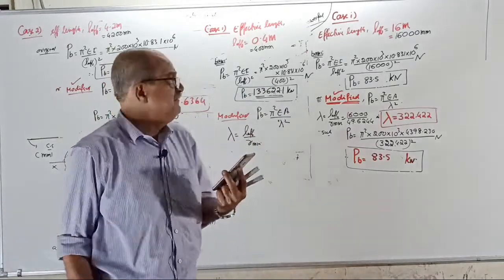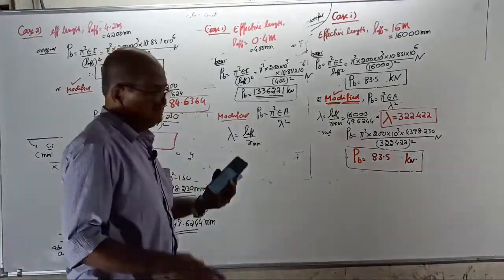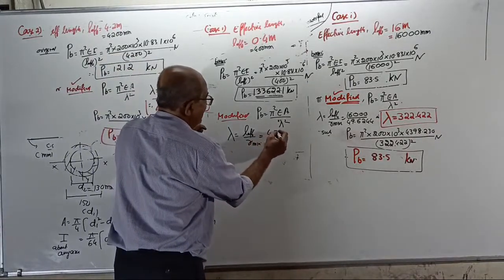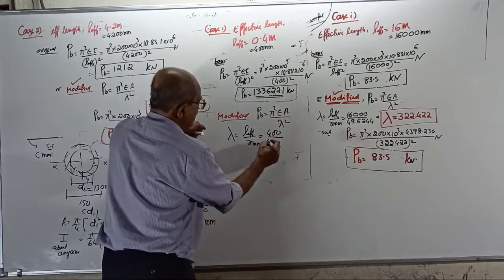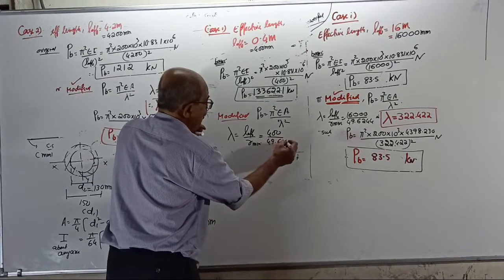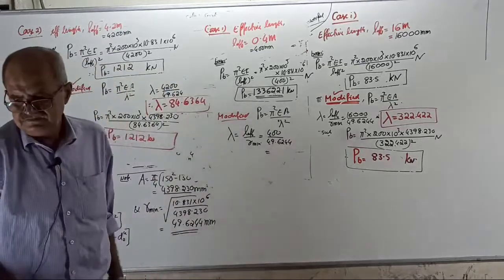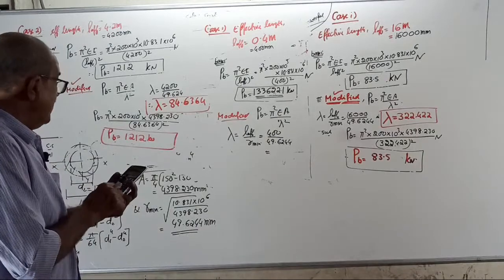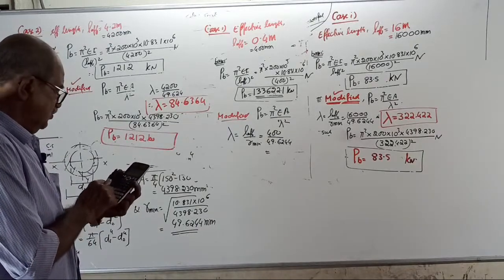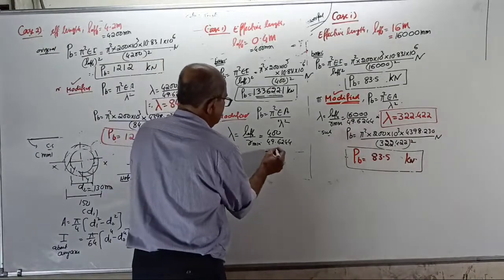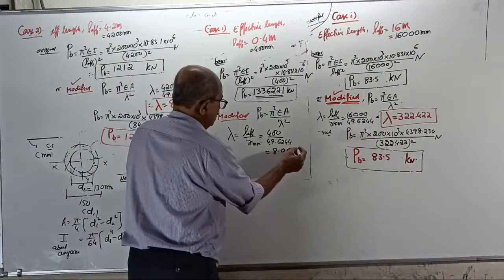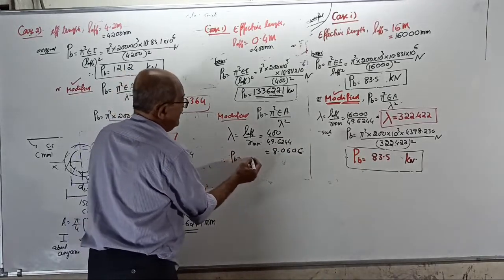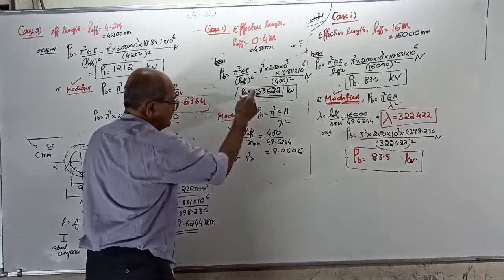Clear? Here, final result. Okay, now leave it. Now, L effective equal to 400 divided by R. Where is R? 49.6244. Lambda, how much? Lambda equal to 400 divided by 49.6244, which is 8.0606. Therefore, your modified formula PB will become pi square into,